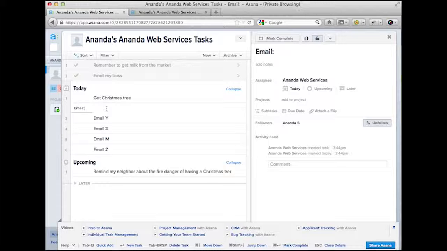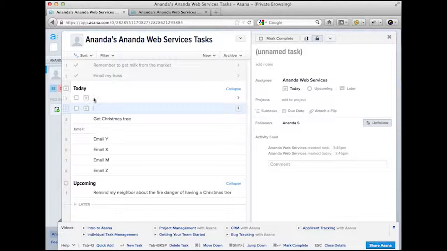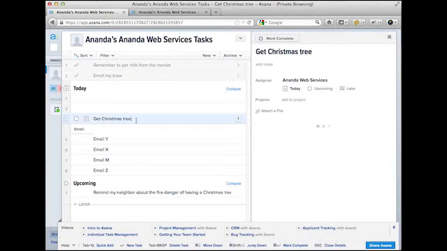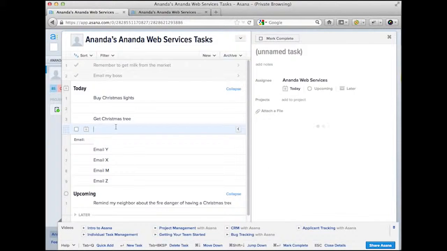The only benefit from that is that now we get to look at this and see, oh, okay, these go in a group. It's a visual thing. So let's say I had a bunch of tasks that had to do with Christmas tree stuff. Now you see how I did that? I created a task above this one by moving the mouse cursor to the beginning of it and hitting enter, and it created a new task. If I want to create a task after it, I go to the end and hit enter. So I want to buy Christmas lights, and I want to make sure to, after we get the tree and bring it home,